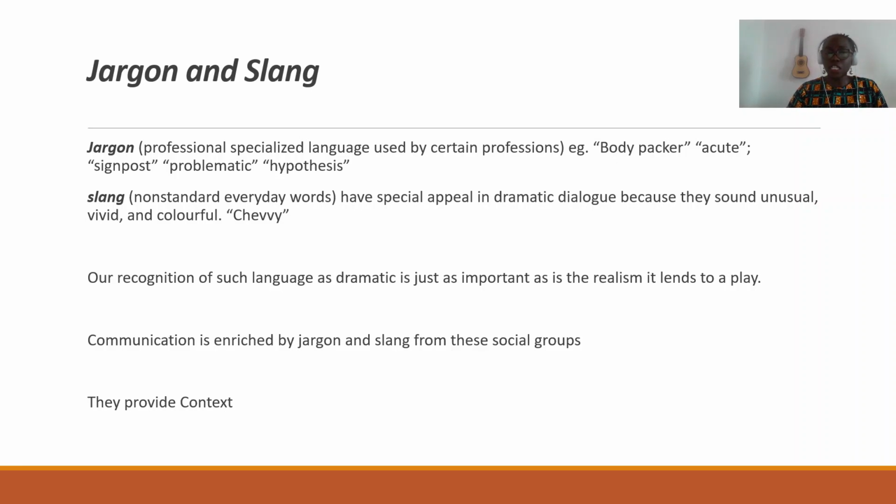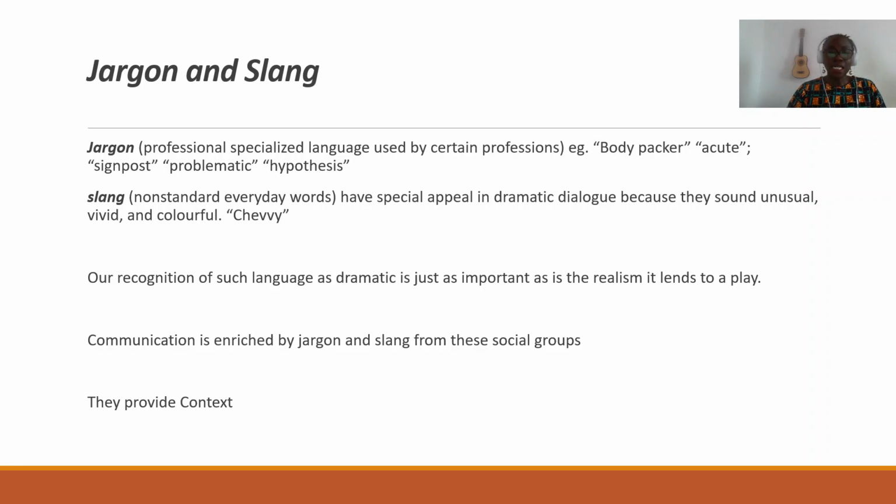Like in Death of a Salesman, instead of saying the more formal Chevrolet, which is in reference to the car that Willie Loman had in the 1920s, they go like Chevy. It's non-standard. It's just a slang way of saying Chevrolet. This also points us to the level of the characters and also their relationship. If he were to be talking to somebody way above him, he's not going to say Chevy, he will say Chevrolet.